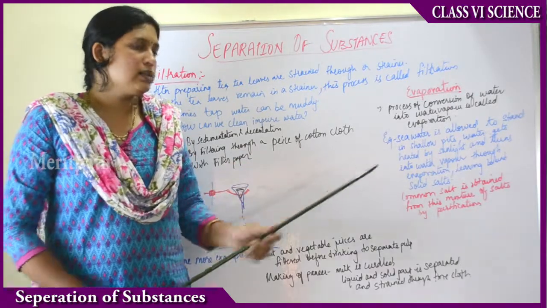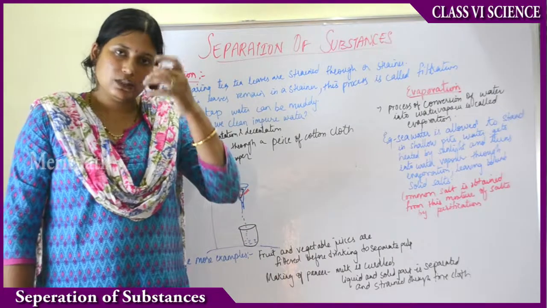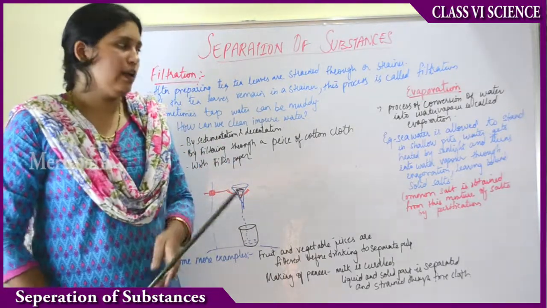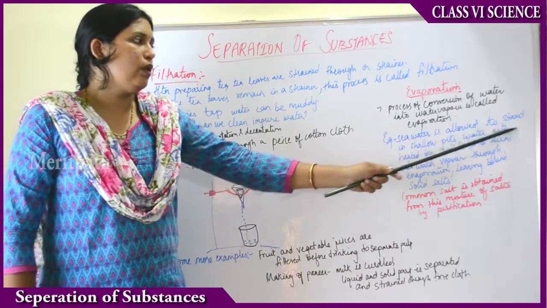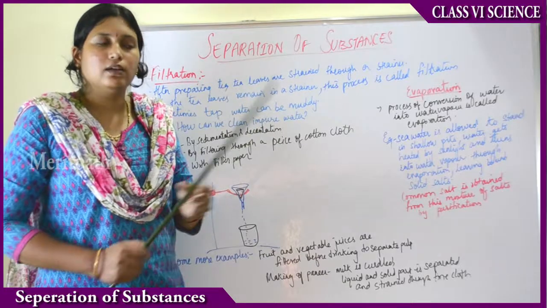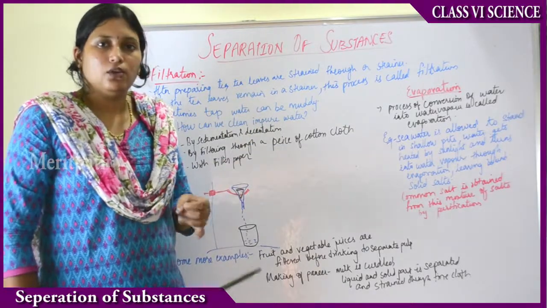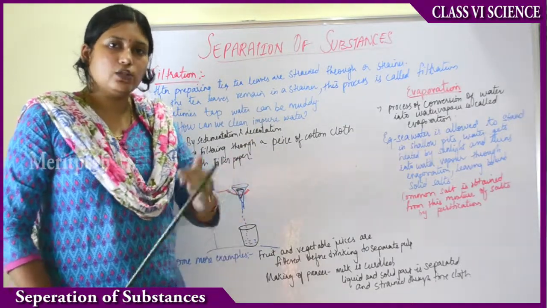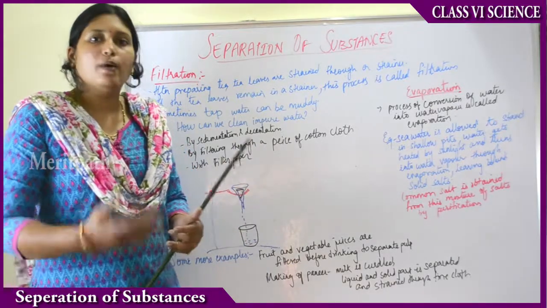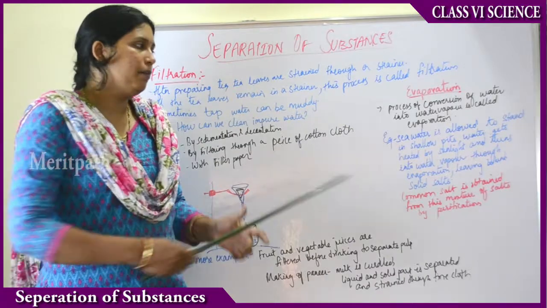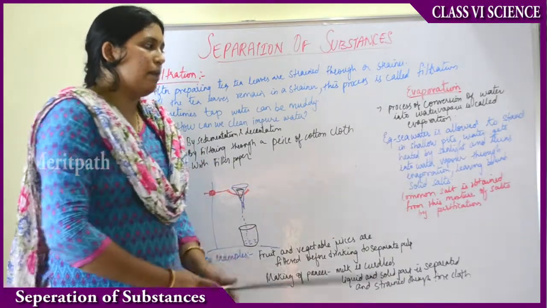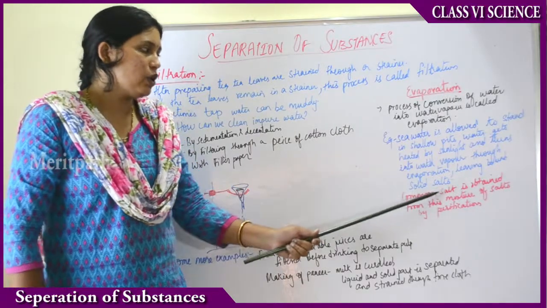One more method is how salt is made. You know seawater or ocean water, right? That is usually salty or saline. So sea water is allowed to stand in shallow pits. Shallow means small depth; shallow is the opposite of deep. So deep is something very deep, shallow is of less depth. So sea water is kept in small pits where it is allowed to evaporate. The water gets heated by the sunlight and turns into water vapor through evaporation, leaving behind the solid salts.